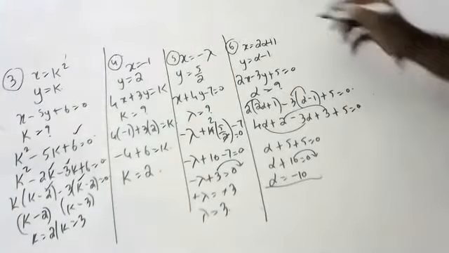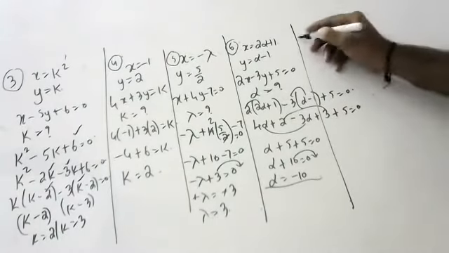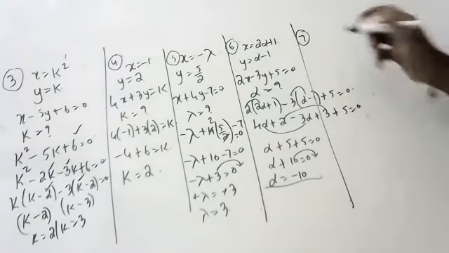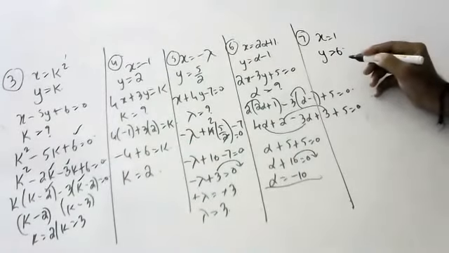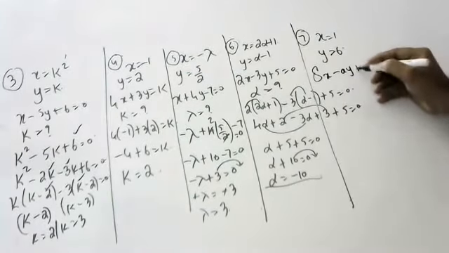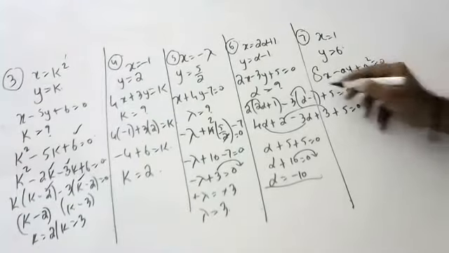Next question. Sarayu, are you there? Yes, sir. Tell me the seventh sum. What is the seventh sum? x is equal to 1, y is equal to 6 are the solutions of 8x minus ay plus a square is equal to 0. Question is find a. Can you tell me?